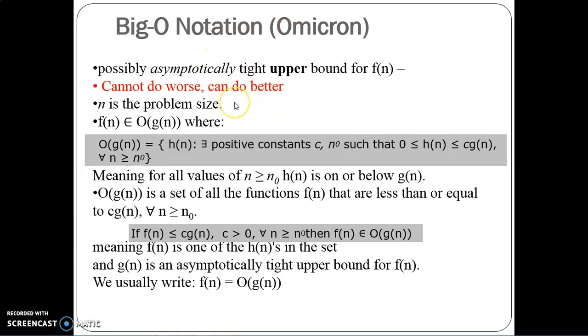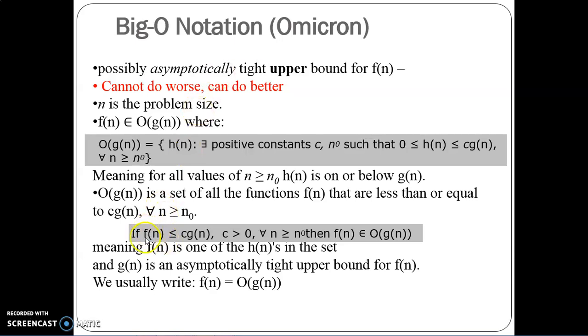And there is another thing. Some people associate big O with the worst case complexity, omega with the best case complexity, and theta with the average case complexity, but it is wrong to do so. Big O can be used for expressing the average case or best case complexities, and it has a special meaning which we will discuss towards the end of this video. So for now we will understand that big O notation means that the algorithm will not do worse than this, but it can do better than the claimed complexity.